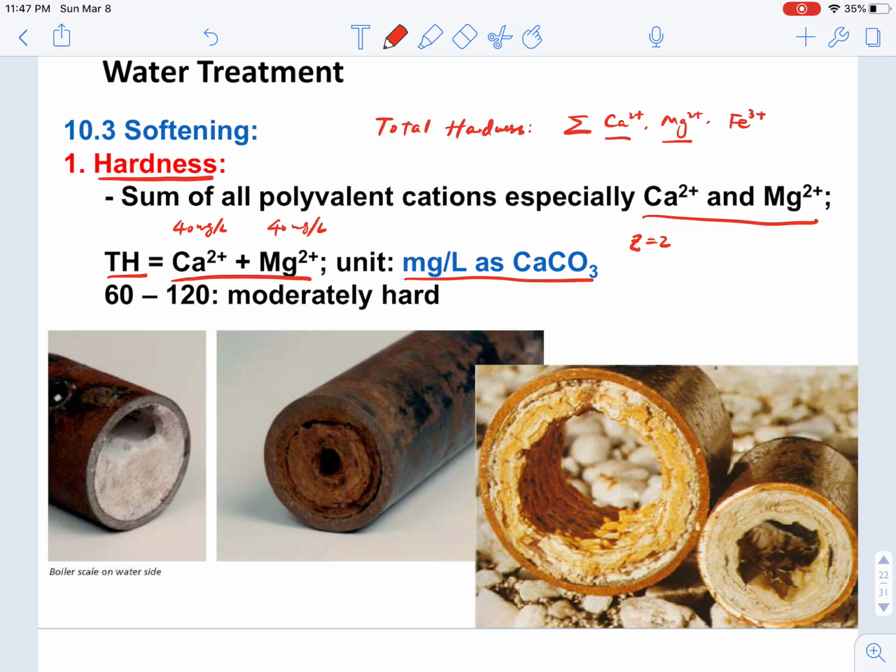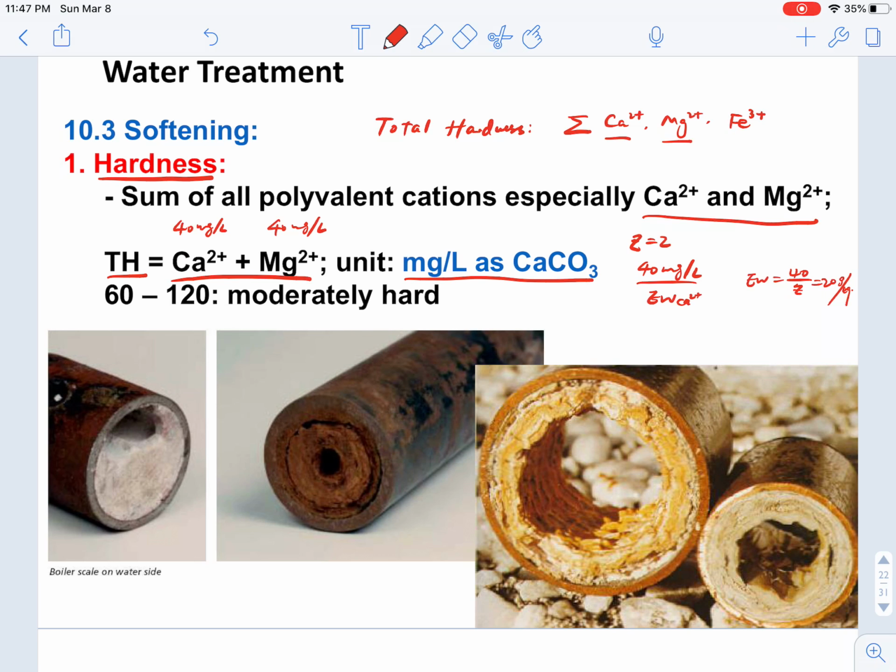So if Z is equal to 2, then the way we calculate the equivalent concentration is that we can use this mass concentration divided by the equivalent weight of the calcium, right? And the equivalent weight of the calcium is basically 40 divided by Z, which is 20 grams per equivalent,